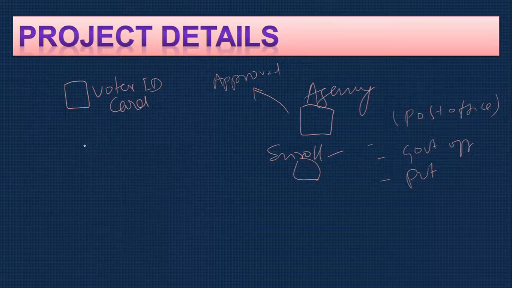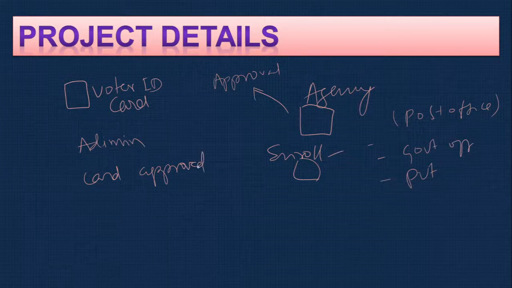Once they enroll, they need to get approval from the admin, and then the card has to be approved. Only when the admin approves will the card be approved. Once it's approved, the status of the card will be changed to approved. That's how the process works. If the admin has not approved, the card will not be approved and the status is pending, so the card will still not be available. But once it's approved, the card is available, so the user can get the card.